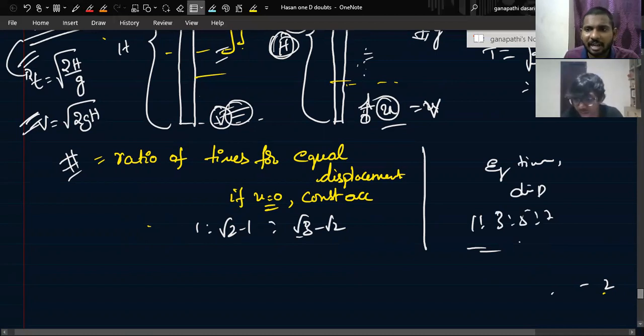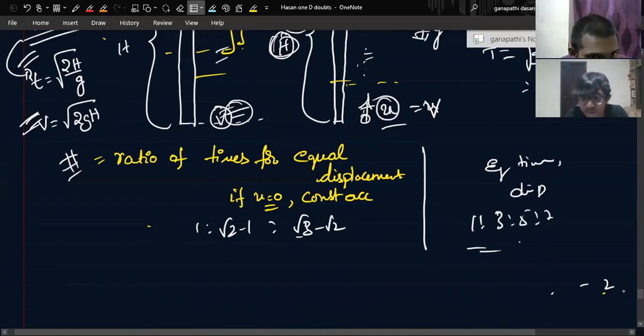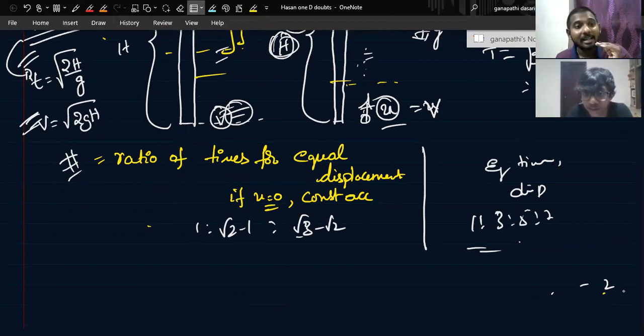1:3:5. Now, let us see this again. Sir, you told me if they give specific time as 2 seconds, 3 seconds, like that. If they give 2 seconds, next 2 seconds, next 2 seconds, these relations will follow. Okay, consecutive equal intervals of time. Suppose the body traveled for 10 seconds: first 2 seconds, next 2 seconds, next 2 seconds, next 2 seconds, then 2 seconds will be there. The ratio will be 1:3:5:7:9. Equal intervals, because this result they will use for making your questions simple most of the times.